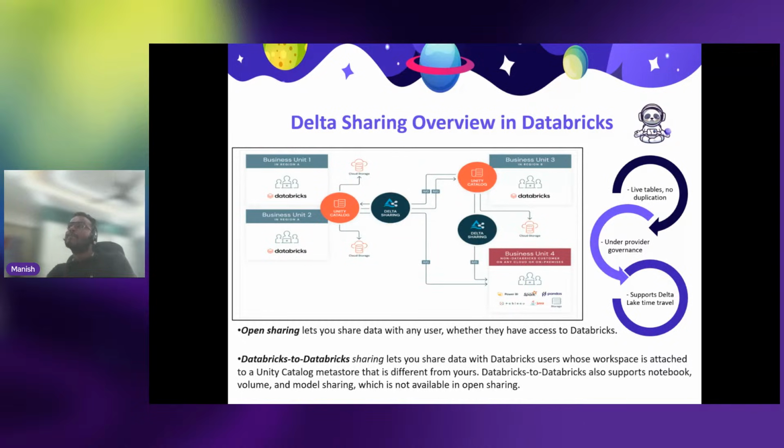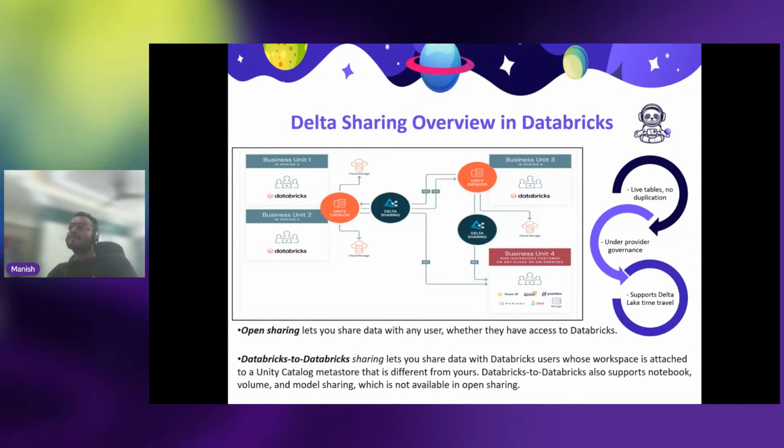Now with the help of data sharing, you can share the data with another workspace which is business unit 3, or you can share the data to Power BI, which is available as business unit 4 here. So this diagram represents that the source is business unit 1 and business unit 2, and the recipient is business unit 3 and business unit 4. And these are managed by data sharing.